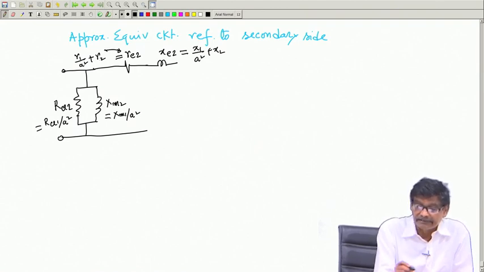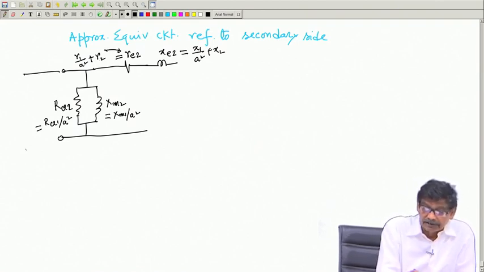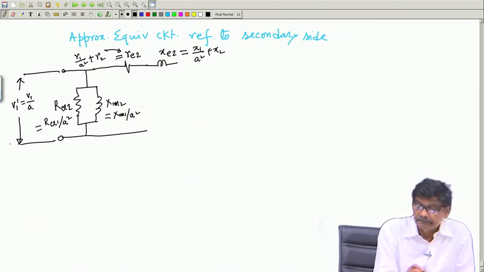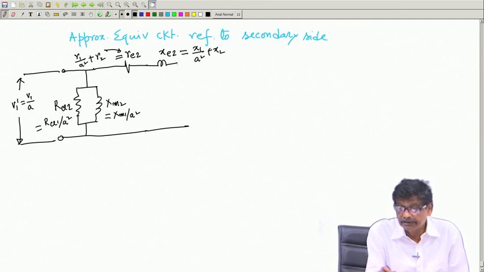This resistance, and this voltage is certainly not V1 now, it is V1 dashed, which will be equal to V1 by A, and this voltage will be your V2,